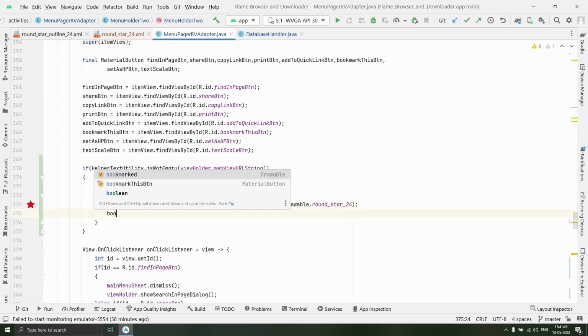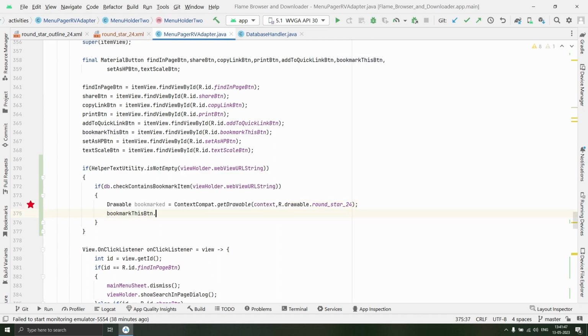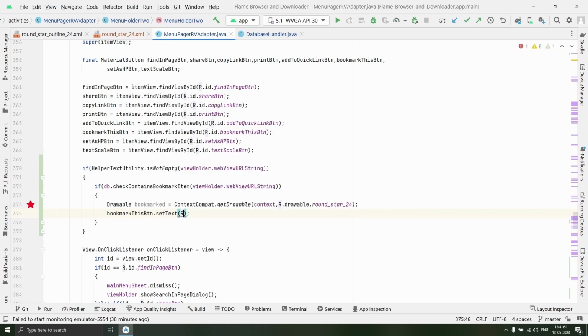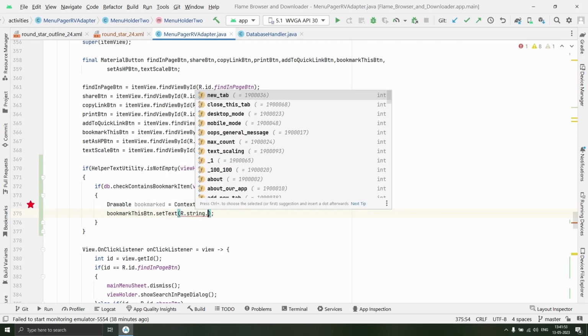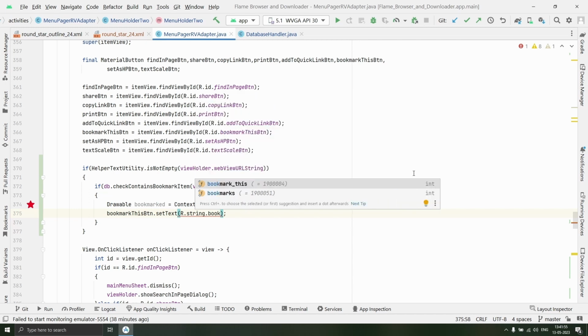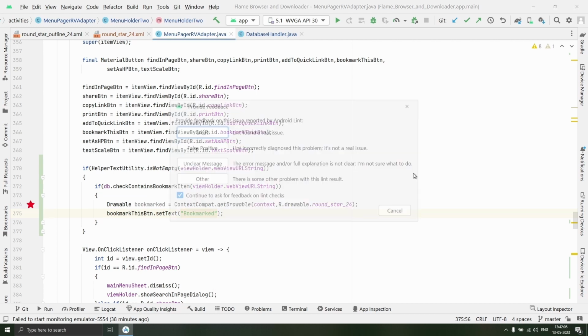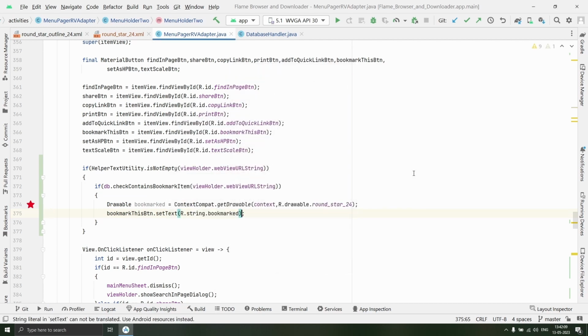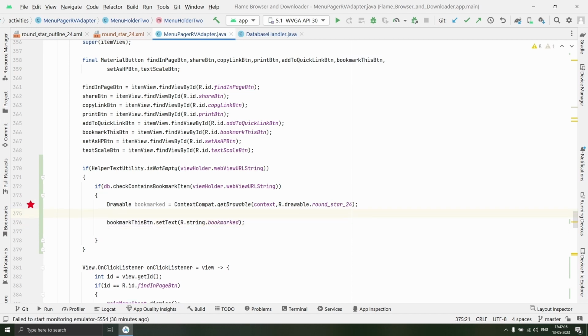Then we will set bookmark this button dot set text to r dot string dot bookmarked. As you can see, we do not have bookmarked, so we will write bookmarked in double quotation, and we will extract the string resource,